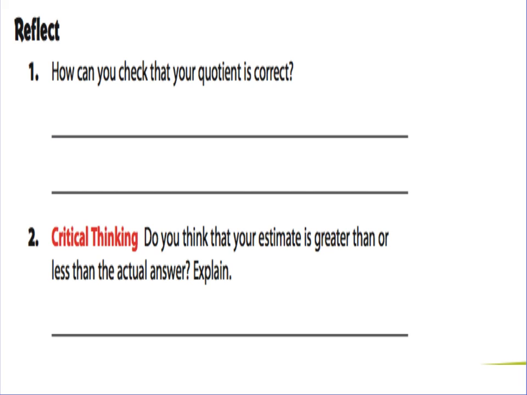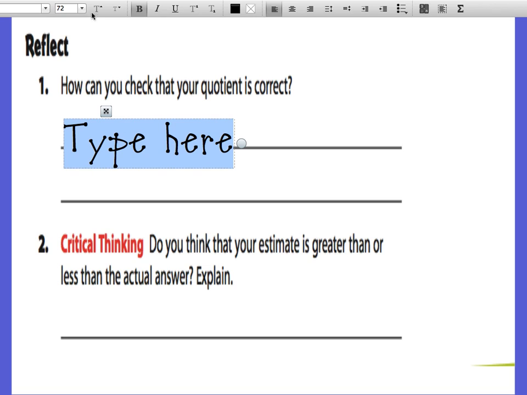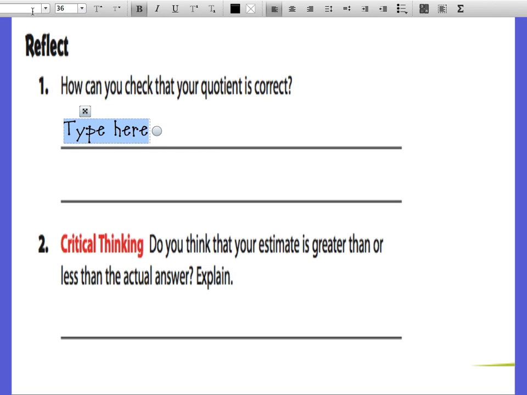Okay, so how can we check that our quotients are correct? Not with estimation, we're not checking to see if it is reasonable, we're checking to see if it's correct, so we can check our answers. So to do that,